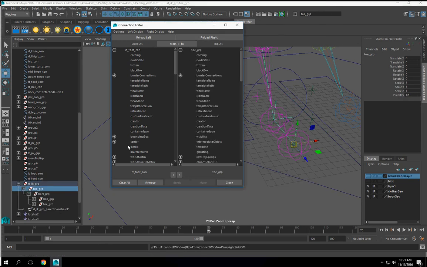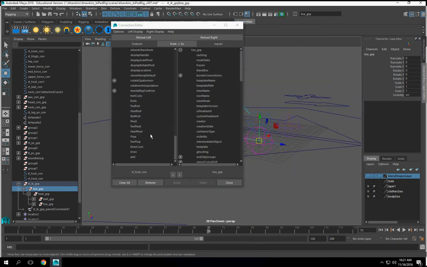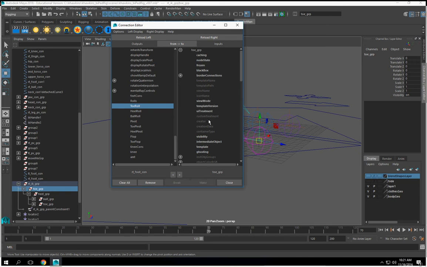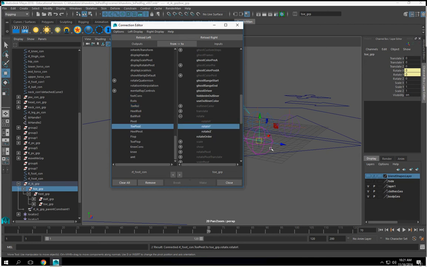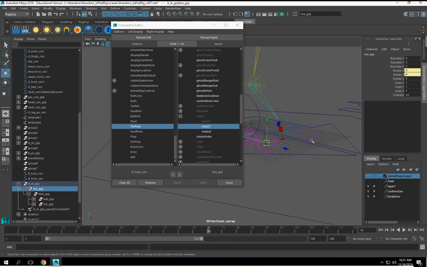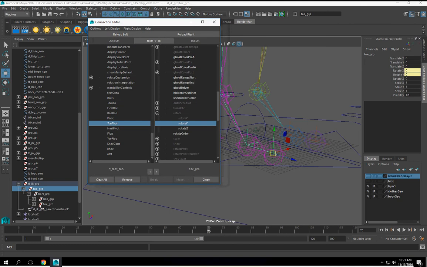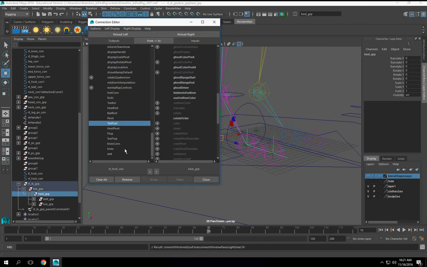Select the toe group and toe roll. I'm looking for my rotation. There we go. So toe roll is going to control X. Toe pivot is going to control Y. Let's do our heel. And heel roll, X, heel pivot, Y,